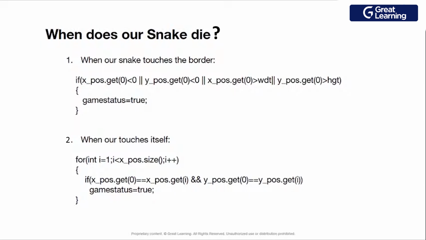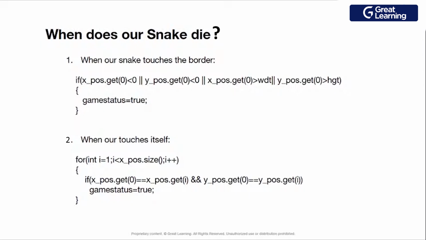If the array position, the first pointer is less than 0 and the first index on the Y axis is less than 0, at that time it means that we are going upwards, and at that time we are going towards the left side, that will be negative sign. And if we are exceeding the window size, at that time also that means we are touching the borders. Now once we are done with this thing, what if it touches itself?